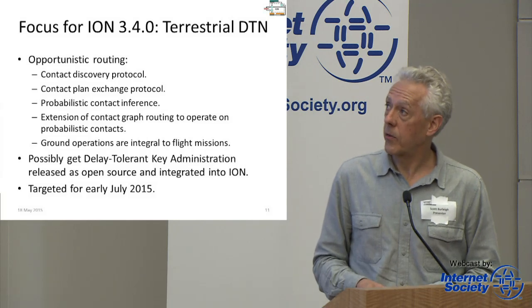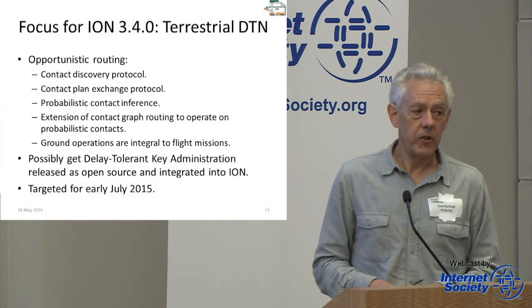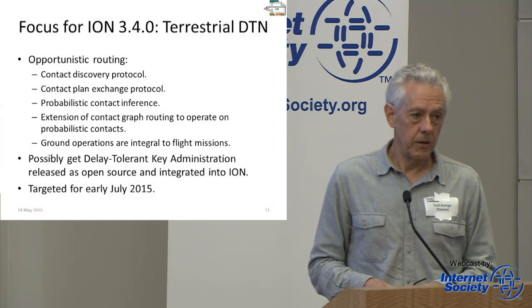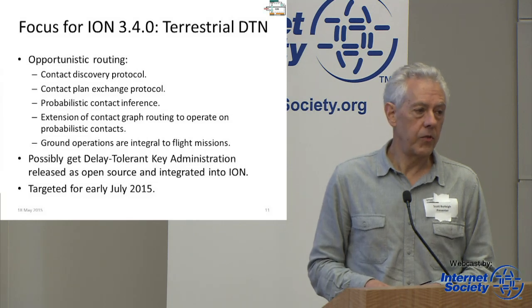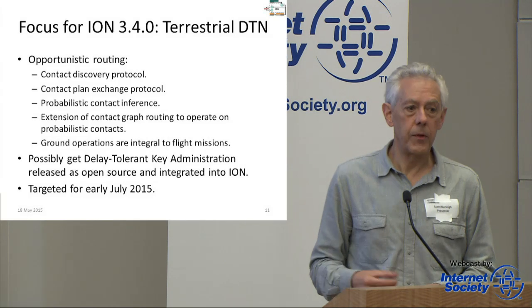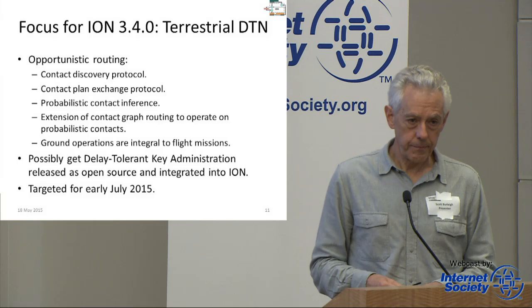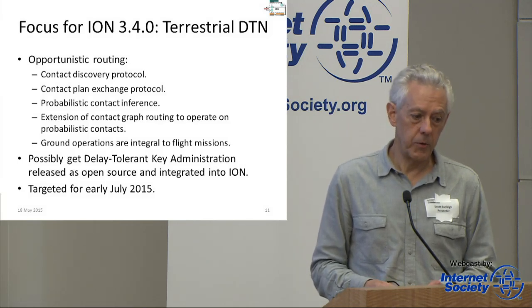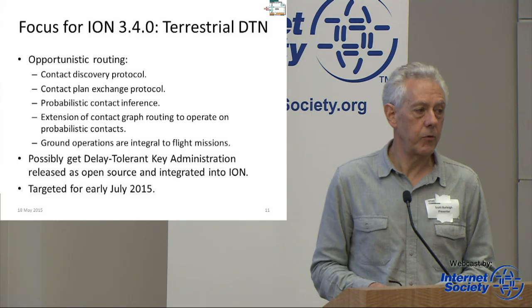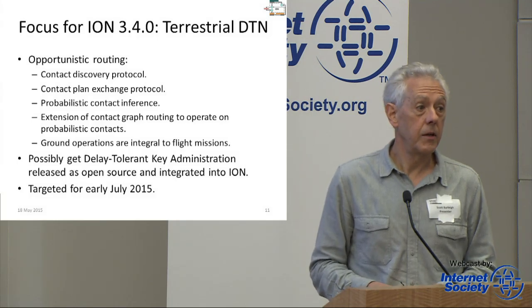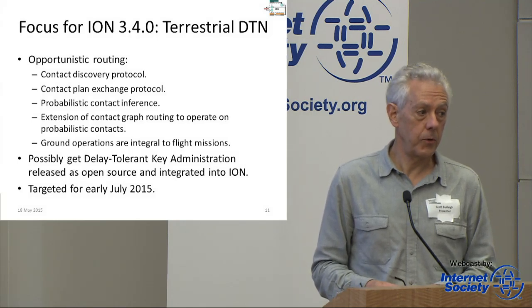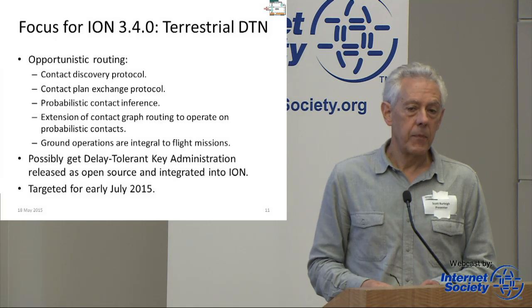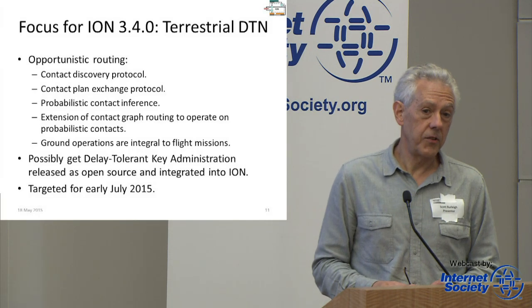We're going to need some sort of a protocol for exchanging contact plans between nodes that opportunistically discover each other. And the rationale there is there have been a very large number of routing schemes developed for opportunistic forwarding in terrestrial DTN. And my hypothesis here is that